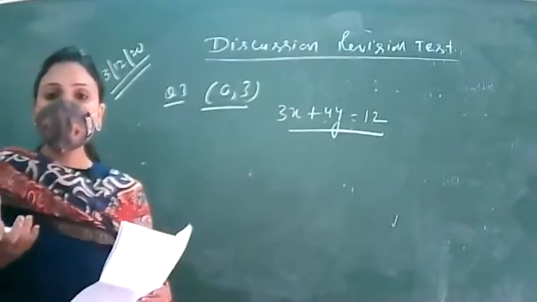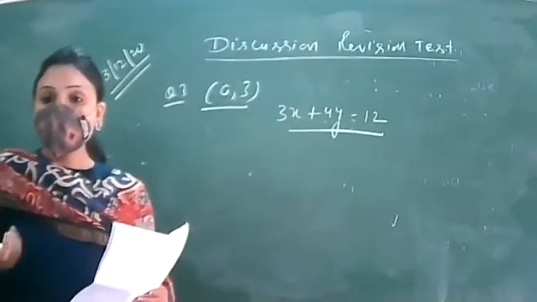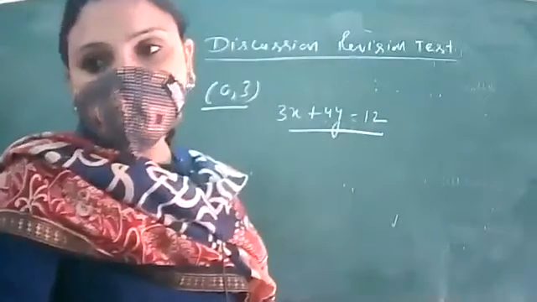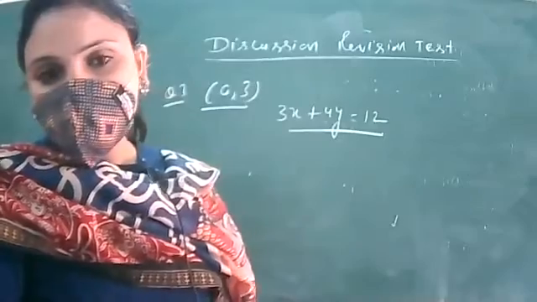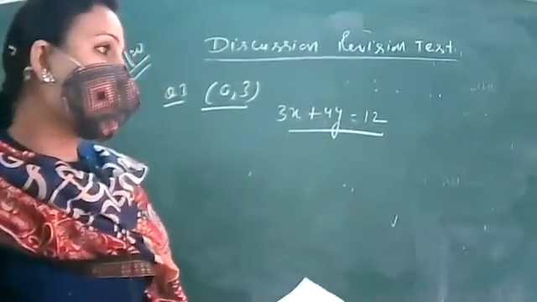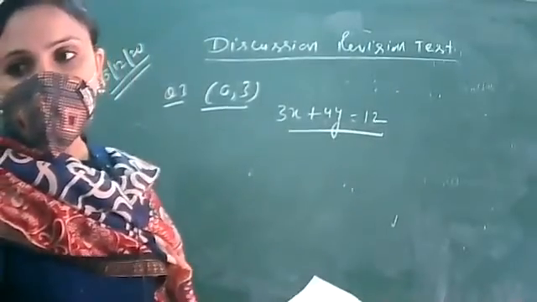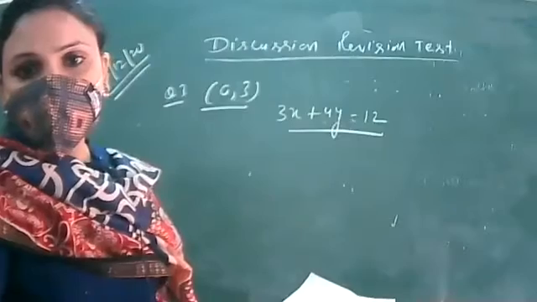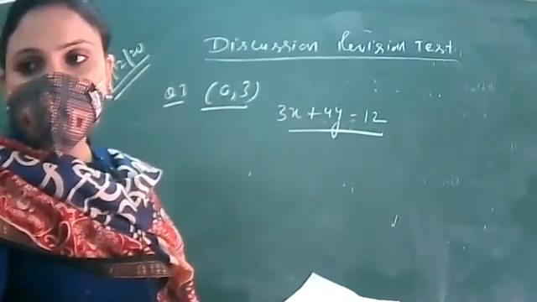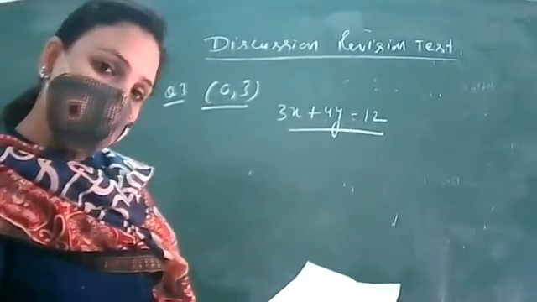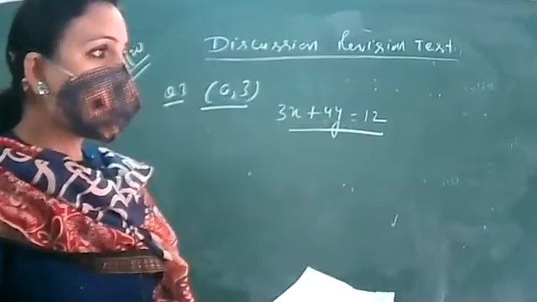You know that the point which lie on the graph of the equation, what that point is known as? Arman, if a point lies on the graph of an equation, that point is known as what? 0. Yes, zero. इक्वेशन के केस में जीरो, वो तो पॉलिनोमियल के केस में होता है.